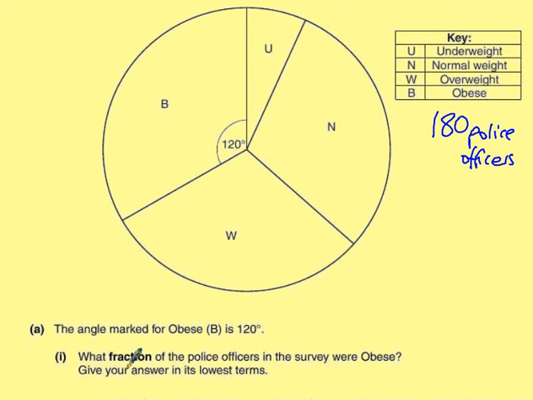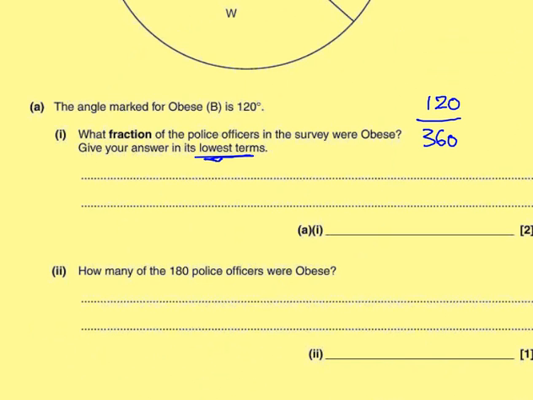So part A, number 1, what fraction of the police officers in the survey were obese? So if we look at the degrees, for obese there's 120 degrees out of 360 degrees. So it asks us now to give your answer in its lowest terms. So 120 out of the 360 degrees in its lowest terms, if we halve that, that'll be 60 out of